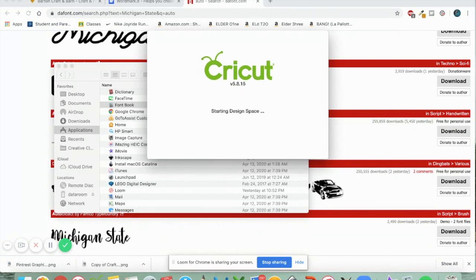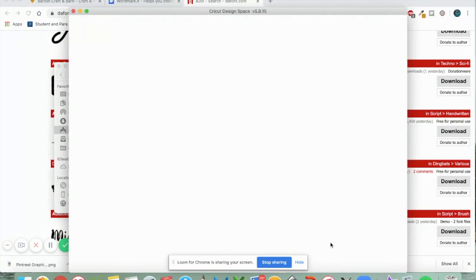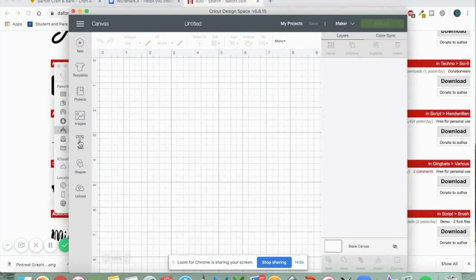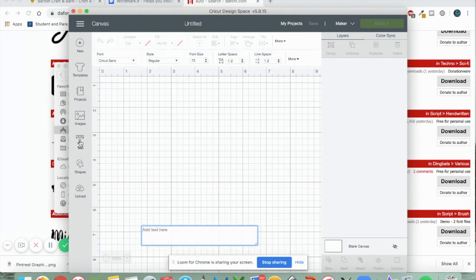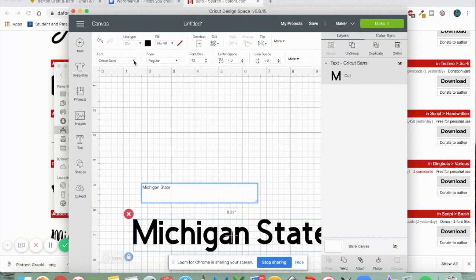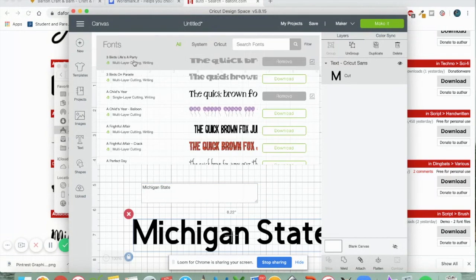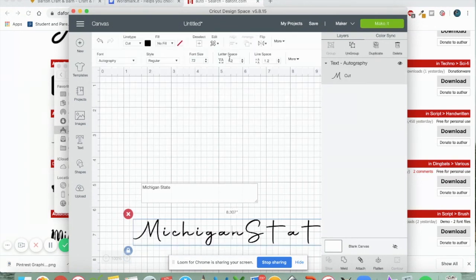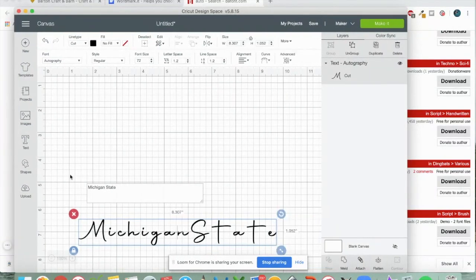So if you have Design Space open, you'll have to close it completely down and then open it back up and start a new session. So in Cricut Design Space, I'm just going to start a new project, and I'm just going to add some text. Again, we're doing Michigan State, and so I'm just going to change the font to one of the fonts I just downloaded, and you can see that the spacing is off,